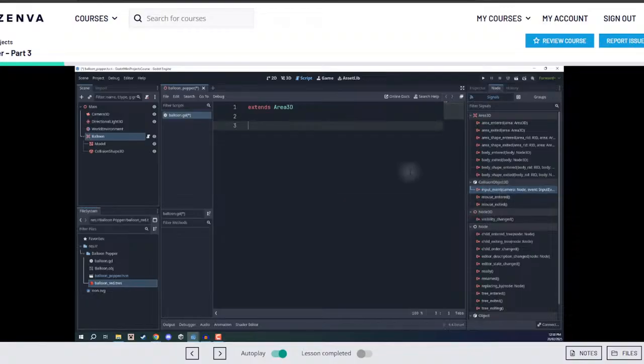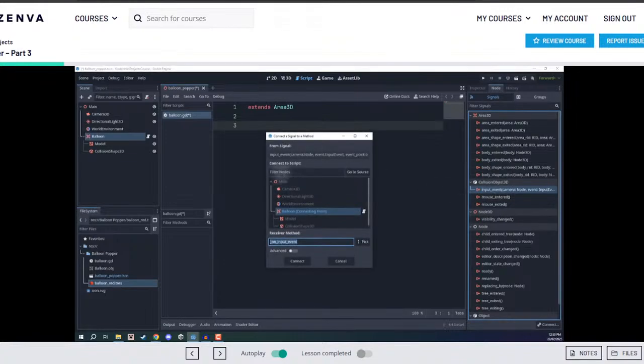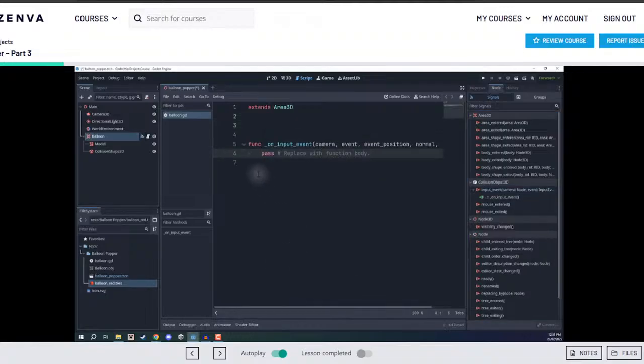Now, let's connect this to a function inside of our script here. Now, to do that, I'm just going to double click on the input event signal. And then in this list here, it says connect to script. So we're going to go down, select our balloon, which has that balloon script. And down here, you'll see receiver method. This is essentially the name of the function that it's going to create. So if we click connect, you'll see that a new function has been created inside of our balloon script. Okay, now we're not going to be modifying this function just yet,